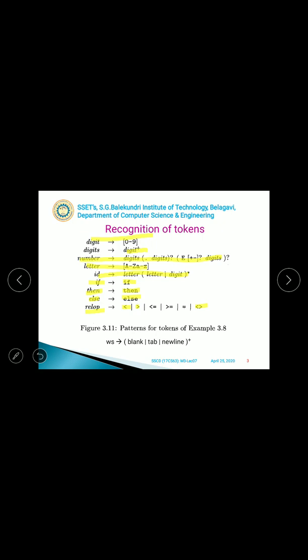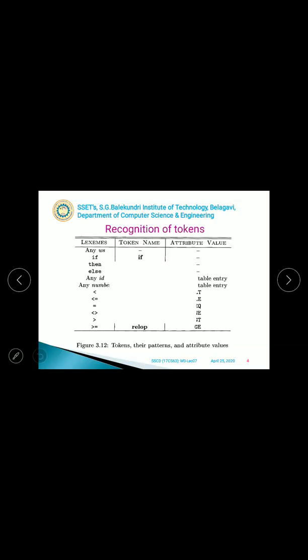And before that you can just see here another thing is that your lexical analyzer also has to process some white spaces, which means it has to strip out all those white spaces whenever it encounters them. So that's what is given here. Ws is nothing but either a blank or a tab or a new line. Now just see in the table how your lexical analyzer is going to recognize all the tokens and